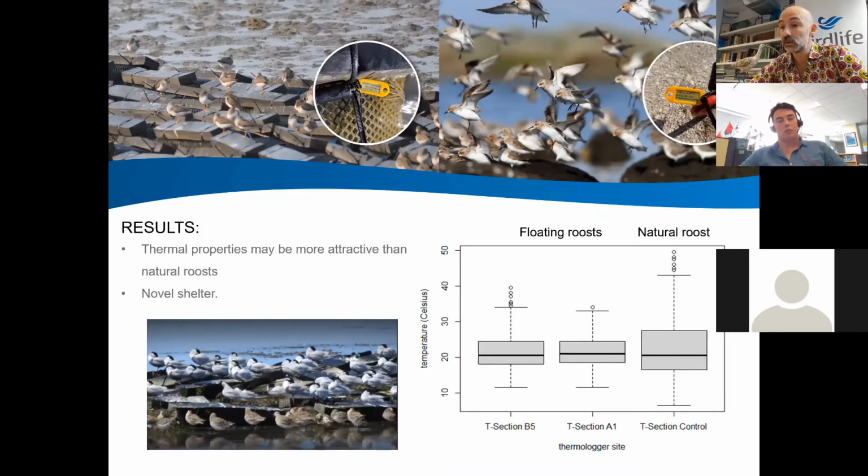Another thing which we will talk about, and Alex from Deakin University will talk a little bit about, is a study that Ryan's doing on thermal properties. So as Danny said, these birds want to maintain a positive energy balance, and the thermal dynamics of a roost are very important in doing so. So in Australia, hot summers can really preclude birds from roosting in certain areas, particularly on rocks at high tide roosts. And what we found is that